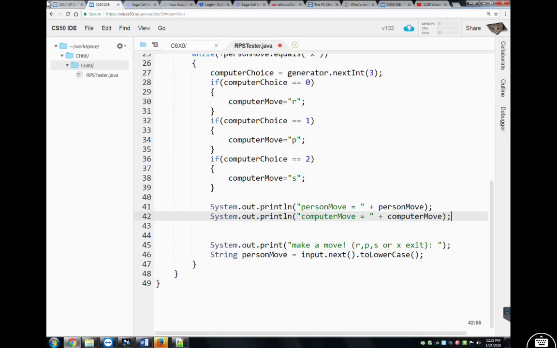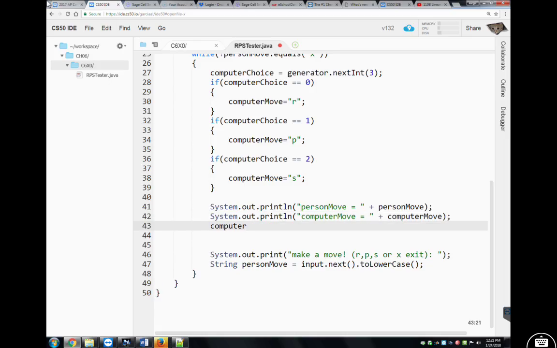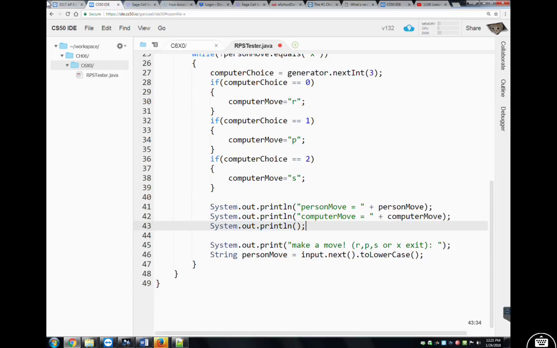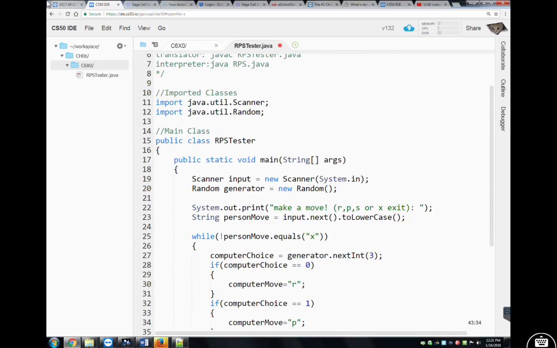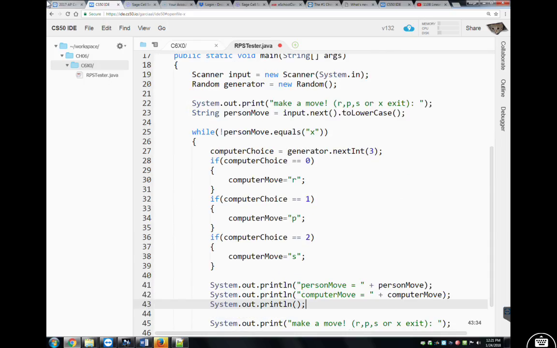And how about a blank print line? Just separate that from prompting the user for more input. Okay, so notice this does not use RPS yet, so we can just test that this much works, that